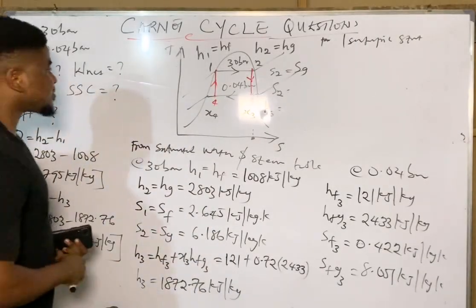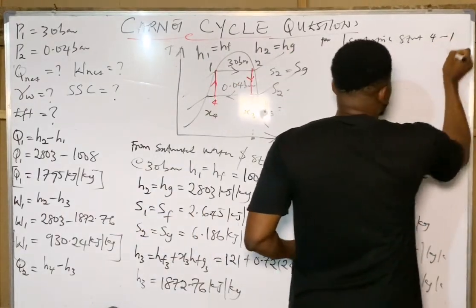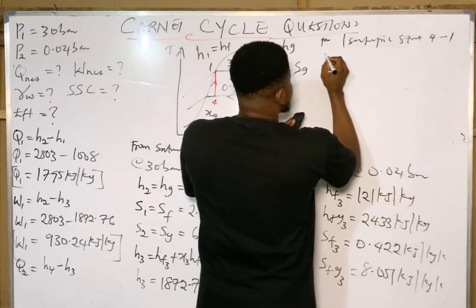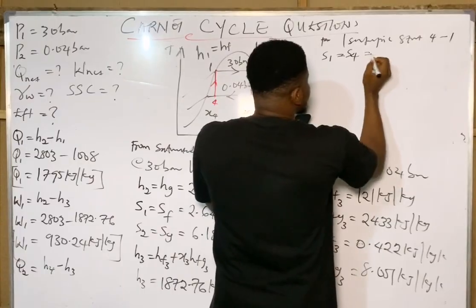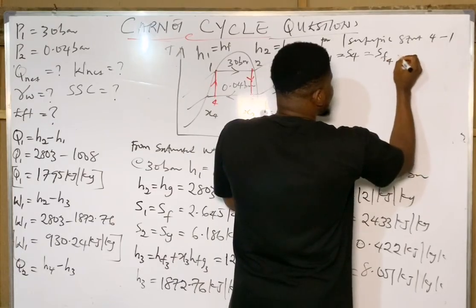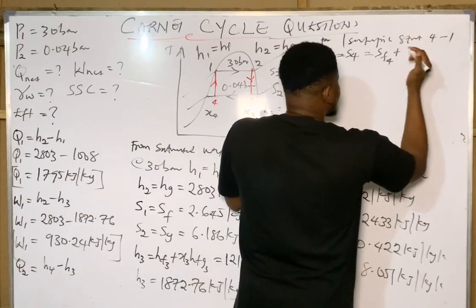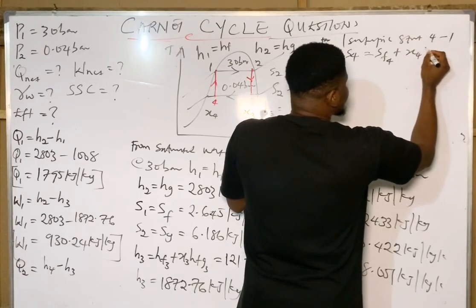For the isentropic state 4 to state 1, S1 is equal to S4. But S4 itself is SF4 plus X4 multiplies